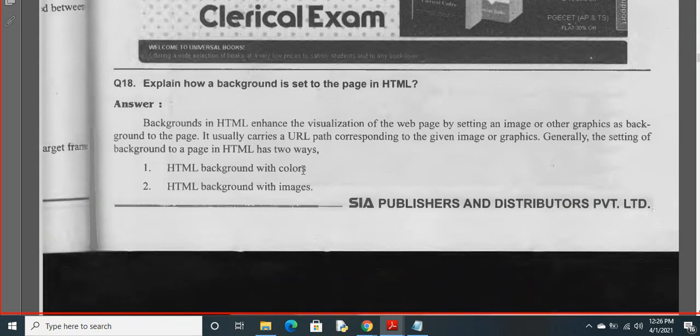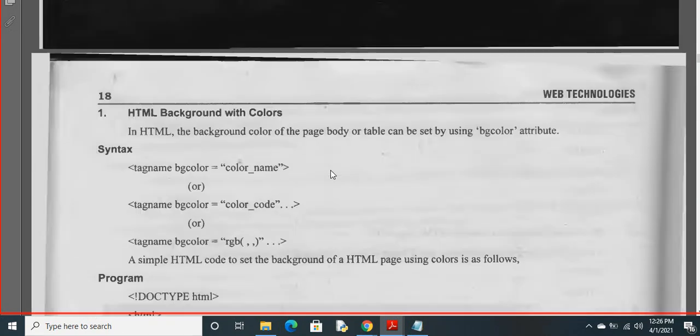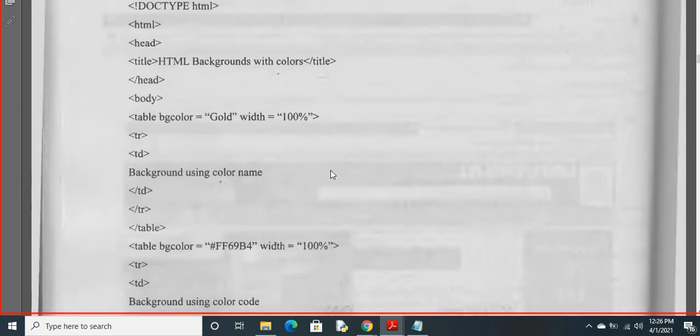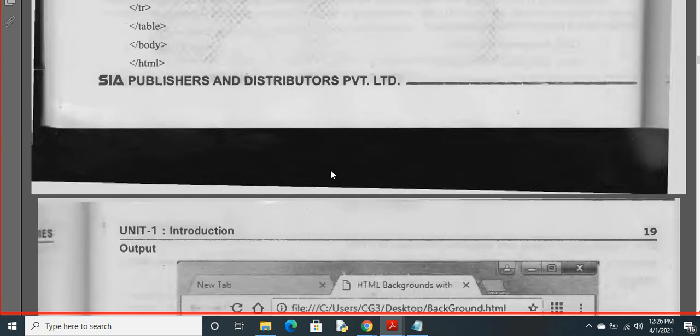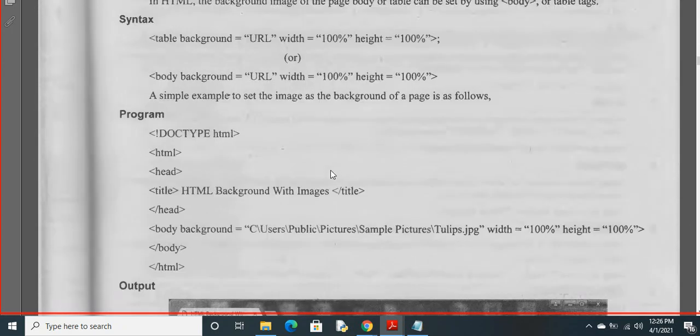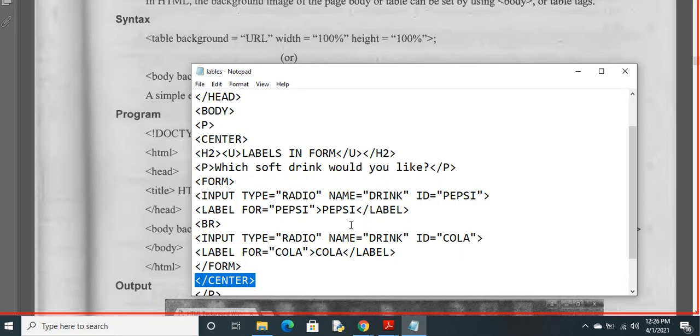Background, HTML background with colors, background with images. How to set a background? For this we have bgcolor. What we do for this program, we do one thing.